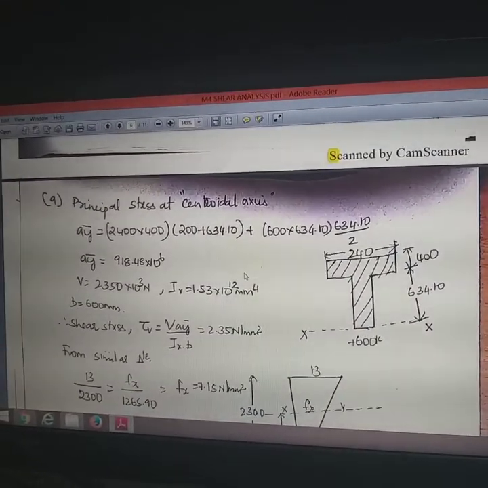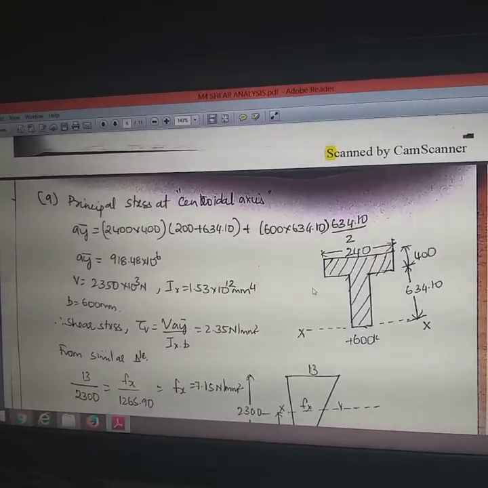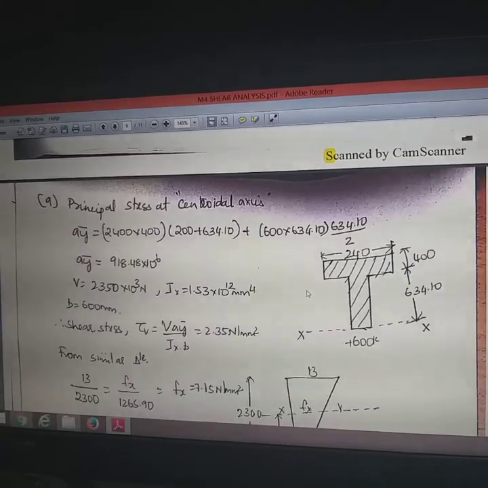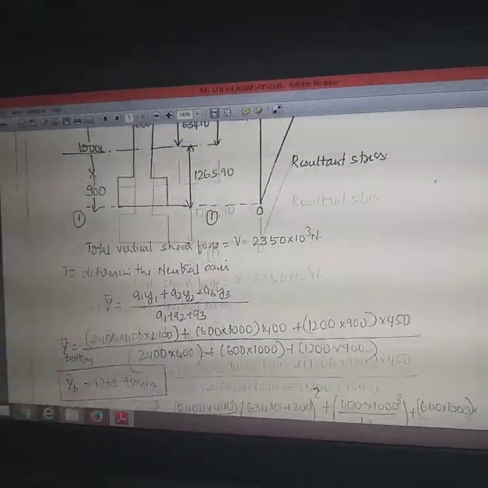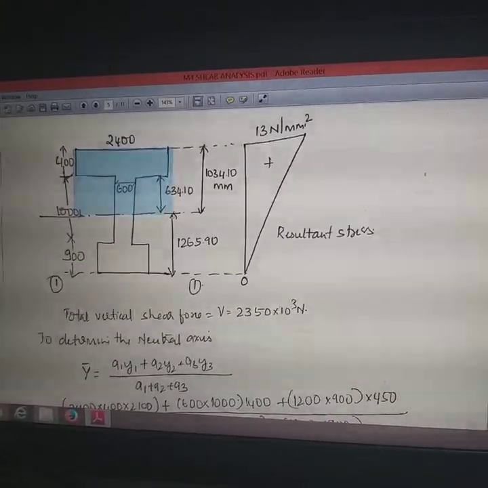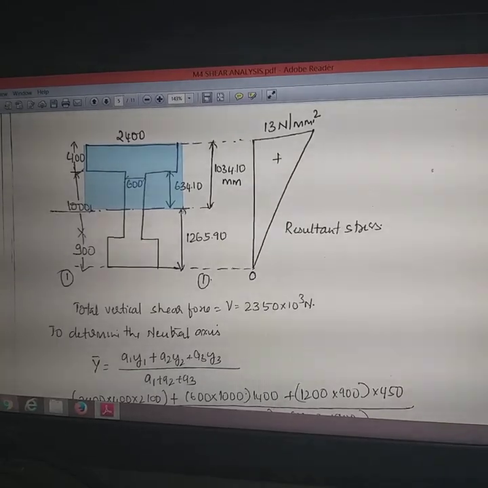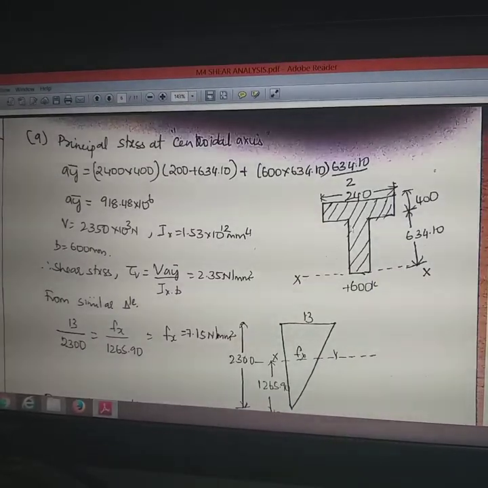I have told you, we are always solving this module 4 shear exclusively for the uncracked section. Therefore we are considering the portion which is available above the neutral axis. The portion above this neutral axis is this much, so only this portion we are considering. That T section only we are considering. Same thing I have written here, T section.